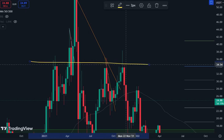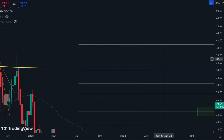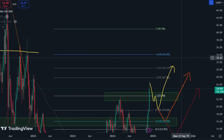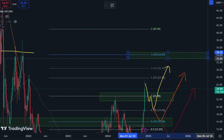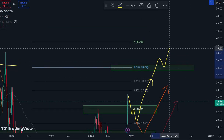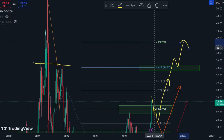And as we move to the right side, we can see what is here. It's Fibonacci 618, a really important level right here. So that would be 34 would be my first take profit level right here. If that level is broken, retest this, we're gonna go to number 2 at 41, but